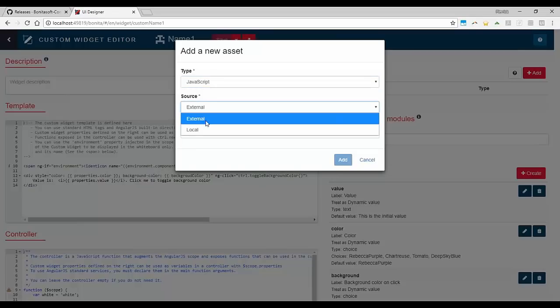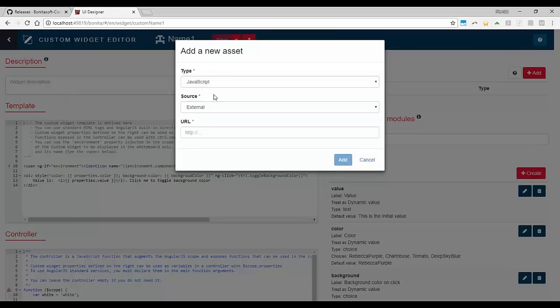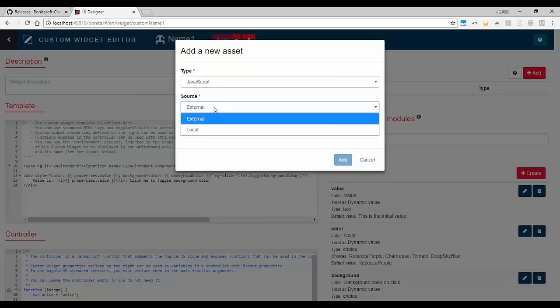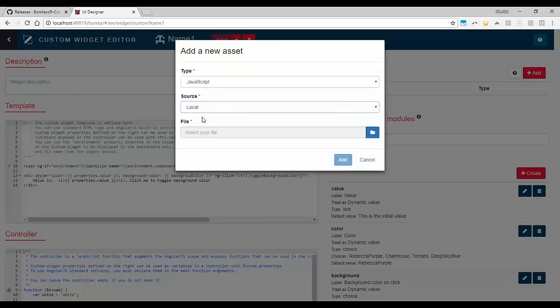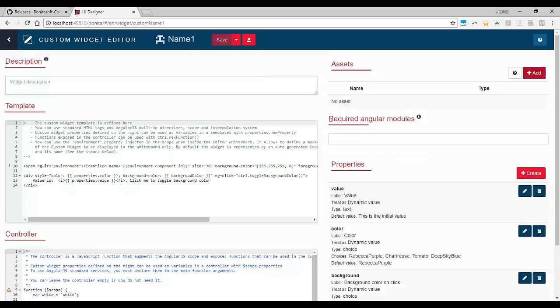This could be also local or external resource. So external means that you have a URL to get that, so usually Google APIs or this kind of thing, or local if you want to make sure that it's embedded inside the custom widget and there is no confusion or no dependency.